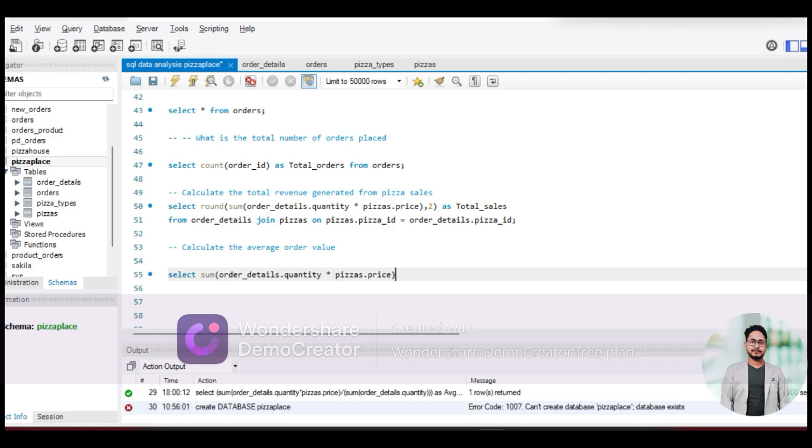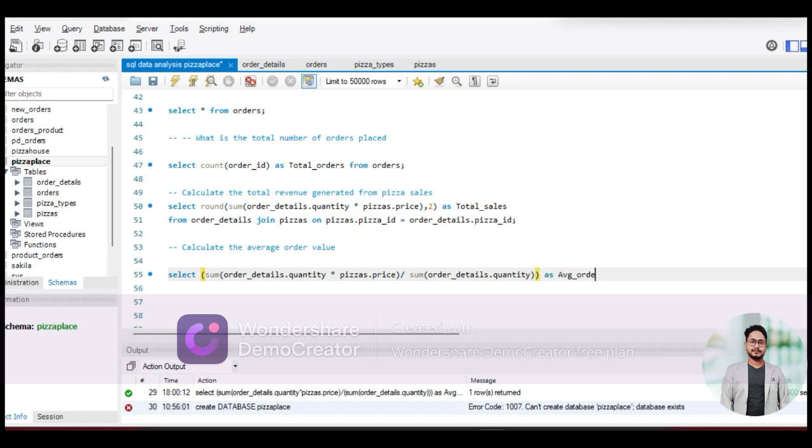And now we have to divide this by the total quantity, the sum of order details dot quantity. So basically that's all we need to find out the average order. Let's just put it in brackets and save it as